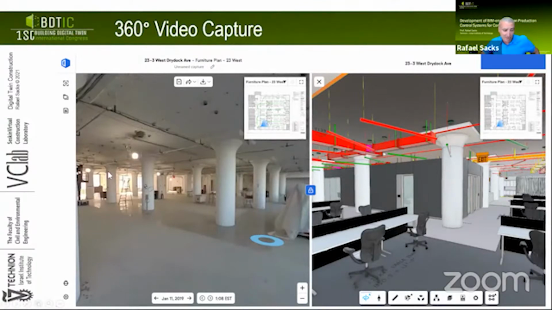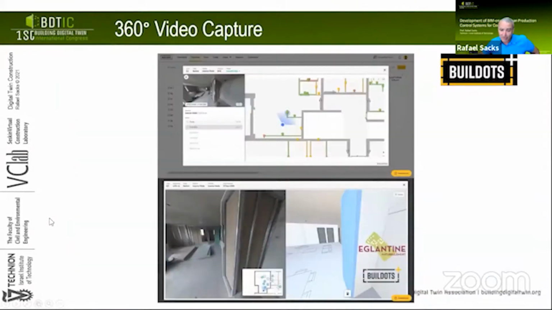This one is from a company called OpenSpace AI, but there are others. There's one, for example, called BuildDots, and the way they work is 360-degree photography and then photogrammetry to compare with the BIM model. You can see it here, for example, from BuildDots, the position of the camera taken, the view of the wall, and then comparison between the BIM model on the right, which represents the design intent, and on the left, what actually is there now, with a layout then saying, oh, but clearly the wall should already have been closed by this point in time, and yet it's not, which is then a meaningful conclusion about the situation